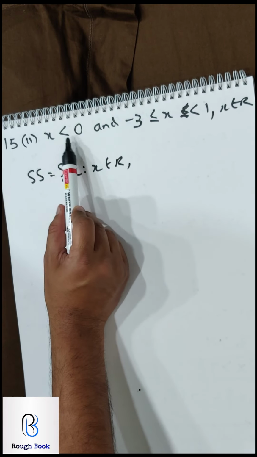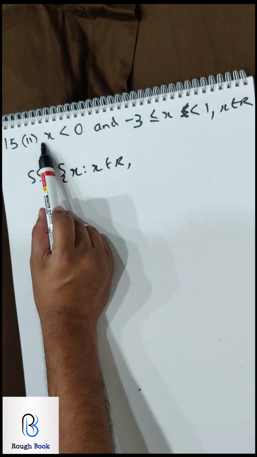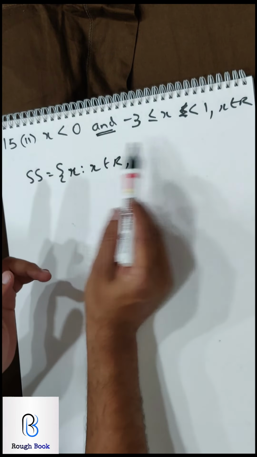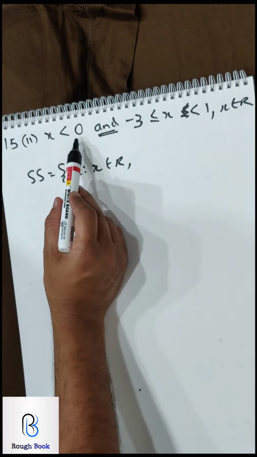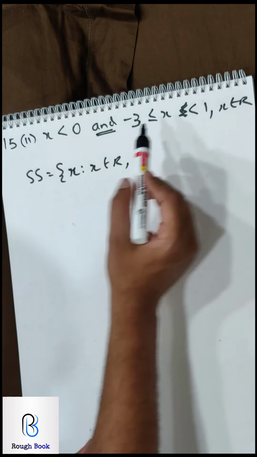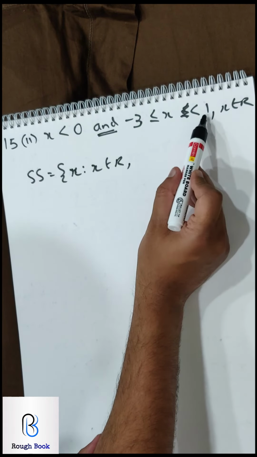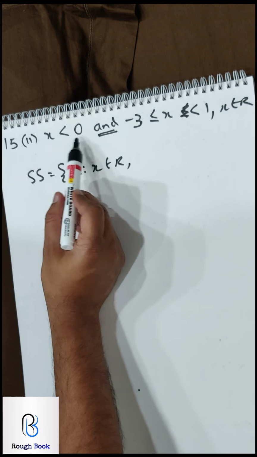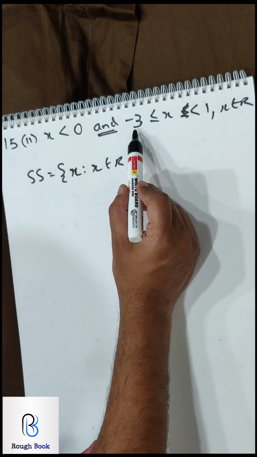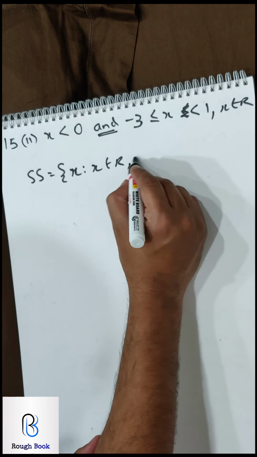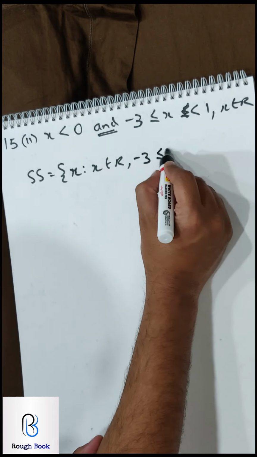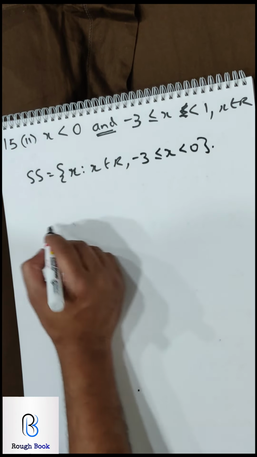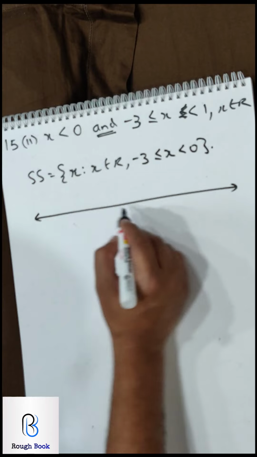Here they say x should be smaller than 0 and x should be and, not or. So it should satisfy both the conditions. So x has to be smaller than 0 and x has to be between minus 3 and 1. So 1 we can't consider because this one says smaller than 0. Minus 3 is the other range given. So it is going to be minus 3 less than equal to x less than 0 is what we have to consider. So therefore my number line for this one